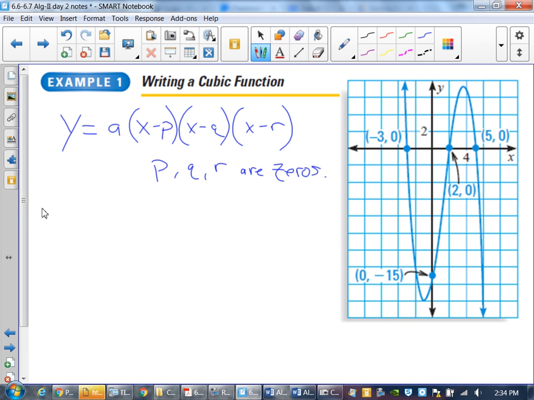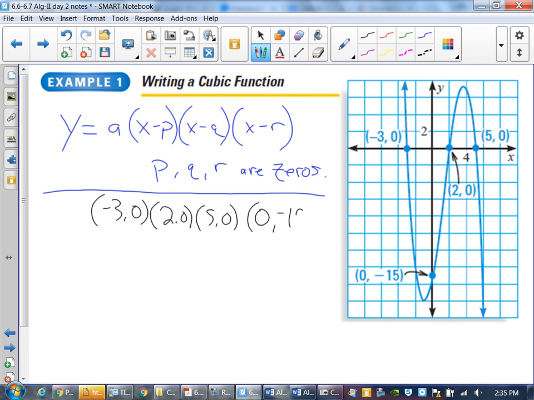And they will be given to you in some sort of ordered pair fashion. In this case, you have ordered pairs at (-3, 0), (2, 0), (5, 0), and then another point at (0, -15). Of those 4 points, which 3 are your x-intercepts? So you have zeros at -3, 2, and 5, which means that your terms,